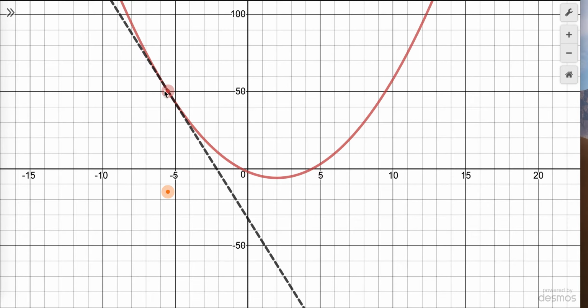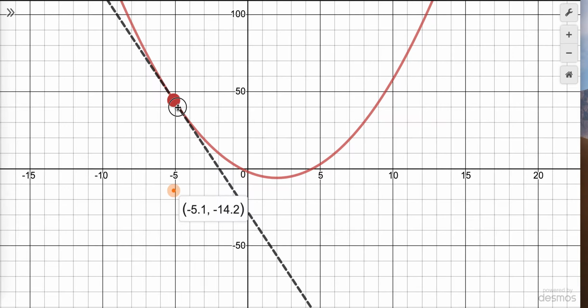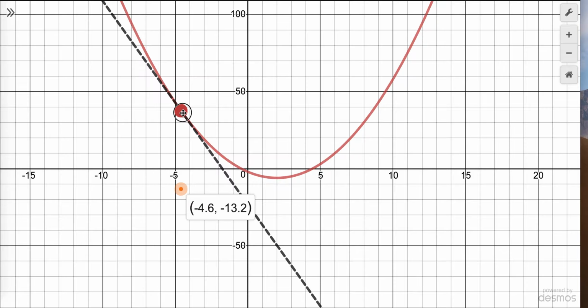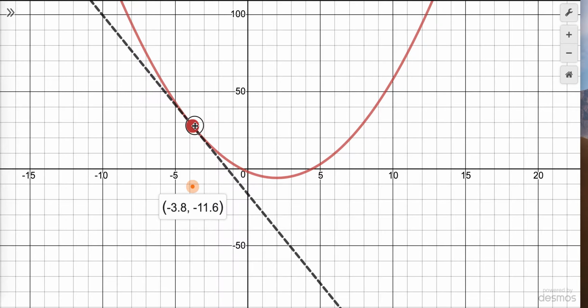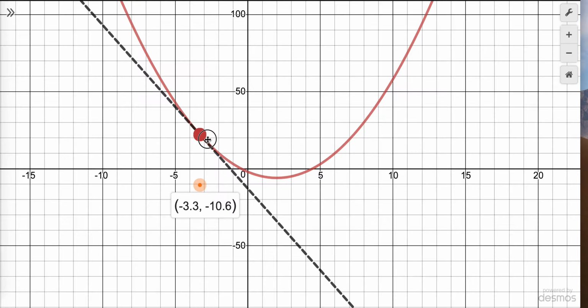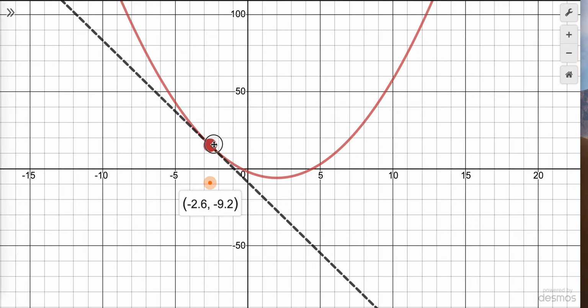My tangent line, the dotted line here, and so my point is underneath the x-axis for my derivative, because my derivative is the slope at that point. And so here, my slope is now negative 15, but as I drag it closer, it's starting to shrink, right? Because my graph is going more and more horizontal and less vertical. And as I slide along here, it becomes less and less vertical and more horizontal